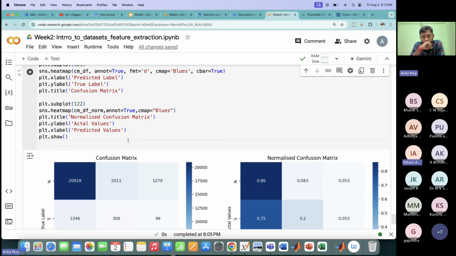Sir, what is false negative and false positive? False negative is like true value. Yeah,